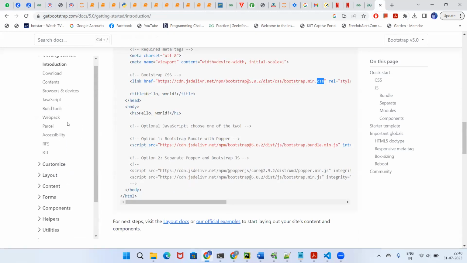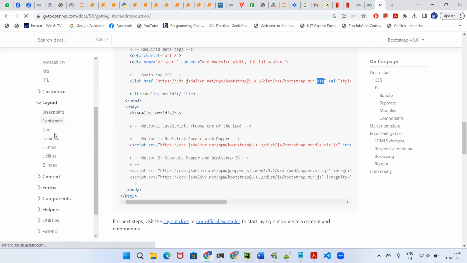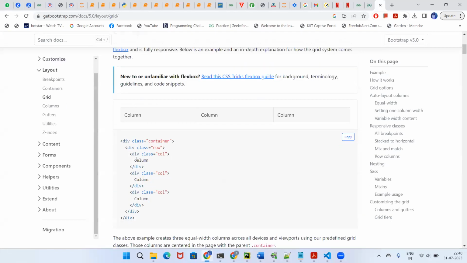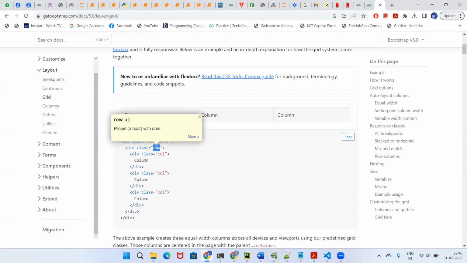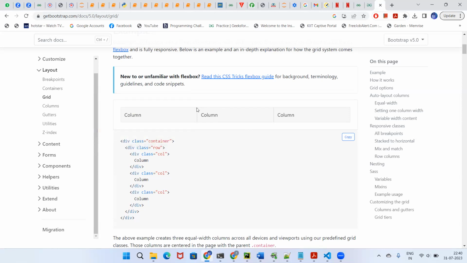Like if you go and say we have layouts. In Bootstrap we have containers, we have grids. Grid layout is something you will see here. This is the view of a grid layout. You have three columns, and if you see here, we have a class called row. This row class is already defined inside Bootstrap, so you simply have to use this row class here. If you give this div the class row, it will actually design a div element for you. In that, it will be arranged in a very nice looking